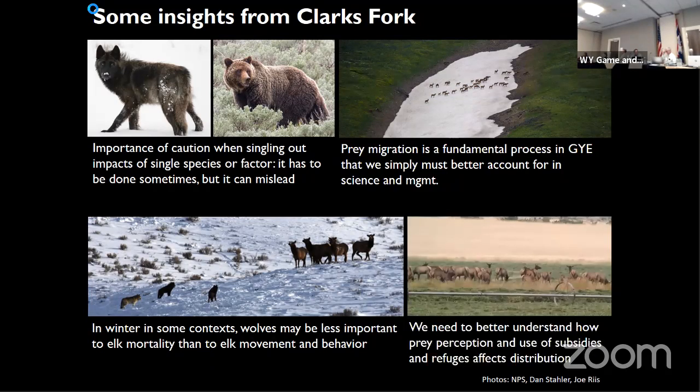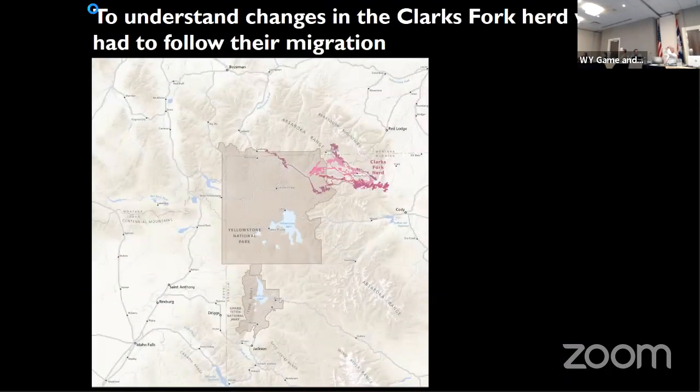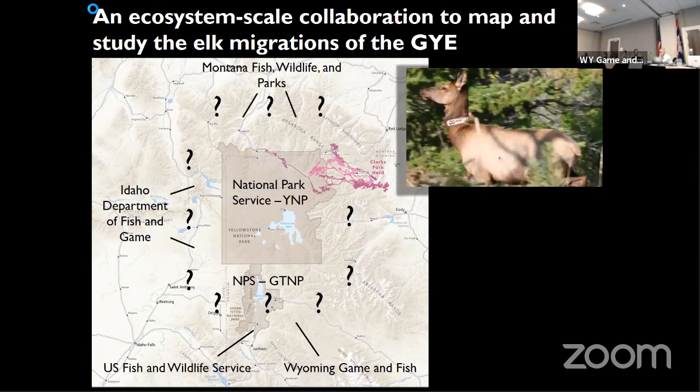Migration was incredibly important, and this is why you'll see me talk about it when I talk about specific projects. That's the Clark's Fork herd. I was aware of historic and other recent studies on individual herds around the system, but I was very curious. When you Google elk migration in this system, you couldn't find a map, and that was of great interest to me to understand that better, given how important it seemed to understanding the ecology of herds in the system. And so we collaborated widely with everybody that might have data.